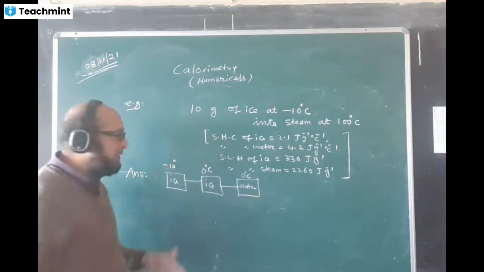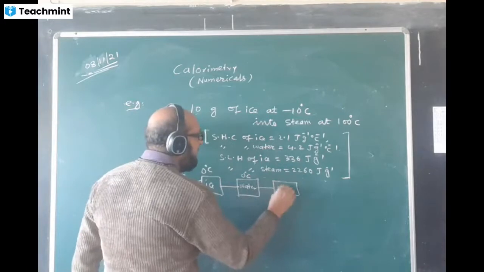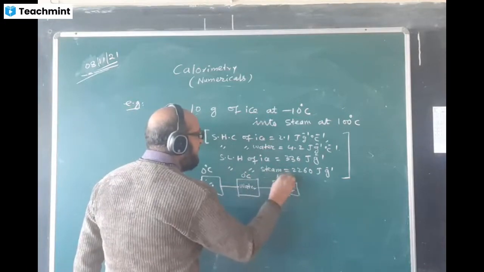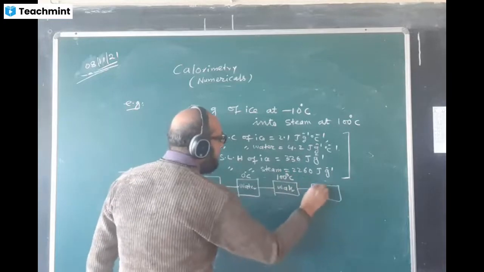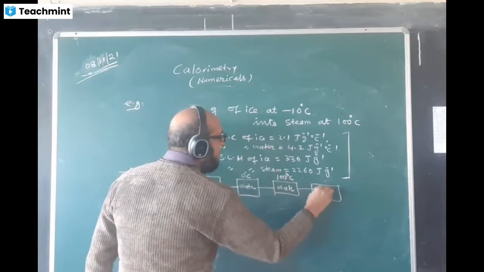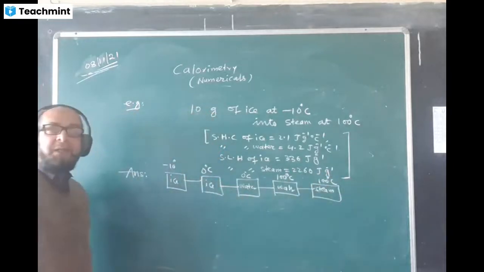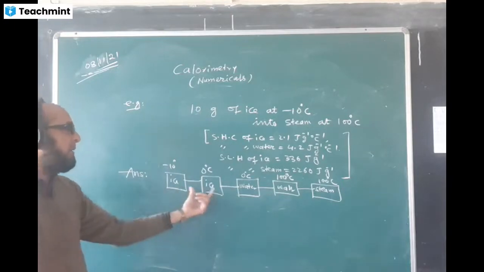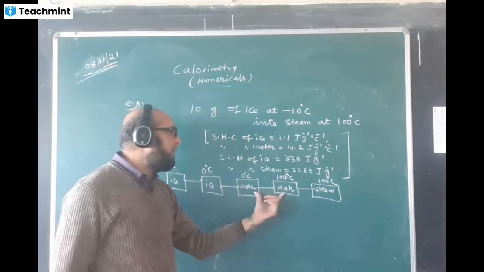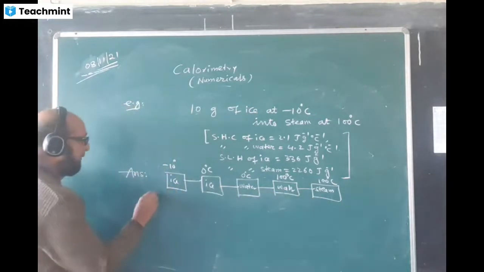Once it fully changes, the temperature of water will increase from 0 degrees Celsius to 100 degrees Celsius, the boiling point. Now water will start boiling and change into steam of the same 100 degrees. During change of state, temperature does not change. So this is one part of heat supply, another part of heat supply, another part of heat supply. So I'll first add H1.